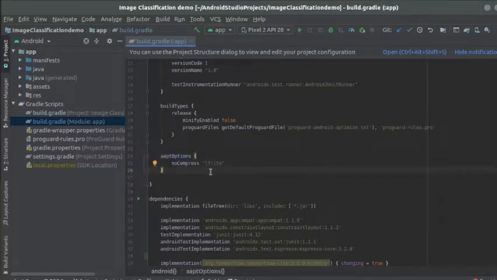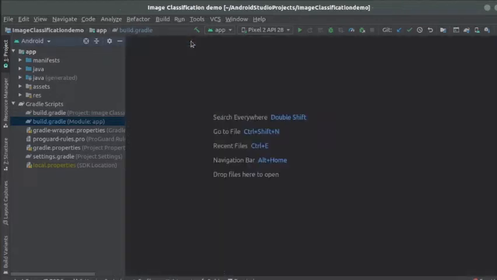Why do we need this option? Because Android Studio will compress the TF-Lite file when loading, but we don't want it to compress because then it will not work. After this, sync your project, and when your project is successfully synced, give your application a basic UI.